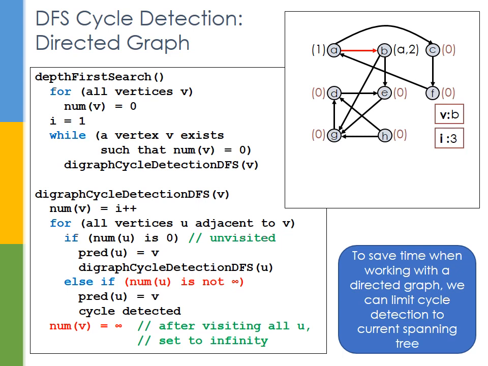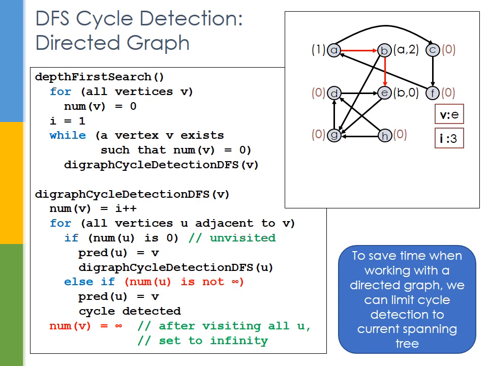And now we've updated the number, so we need to consider the adjacent vertices. Well, of course, we don't need to consider the direct predecessor because we don't have an edge that connects B to the predecessor. However, we do need to consider vertices E and G at this point. So again, we are going to work alphabetically. The next adjacent vertex is vertex E, and we need to look at vertex E's number, which we see is 0. We therefore need to update E's predecessor to the current vertex, which is B,